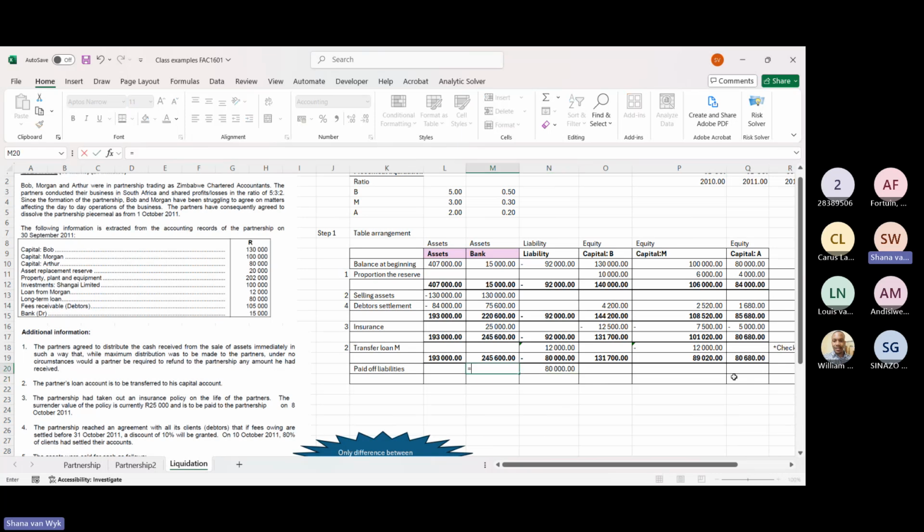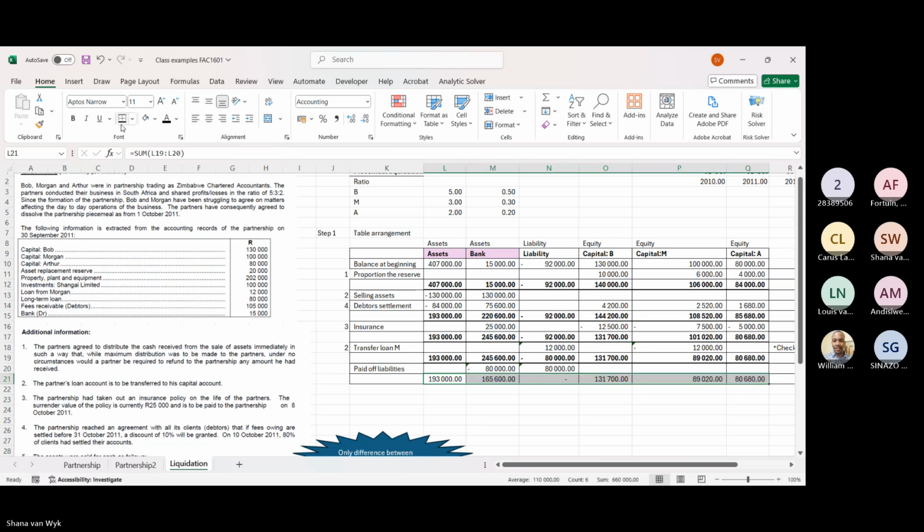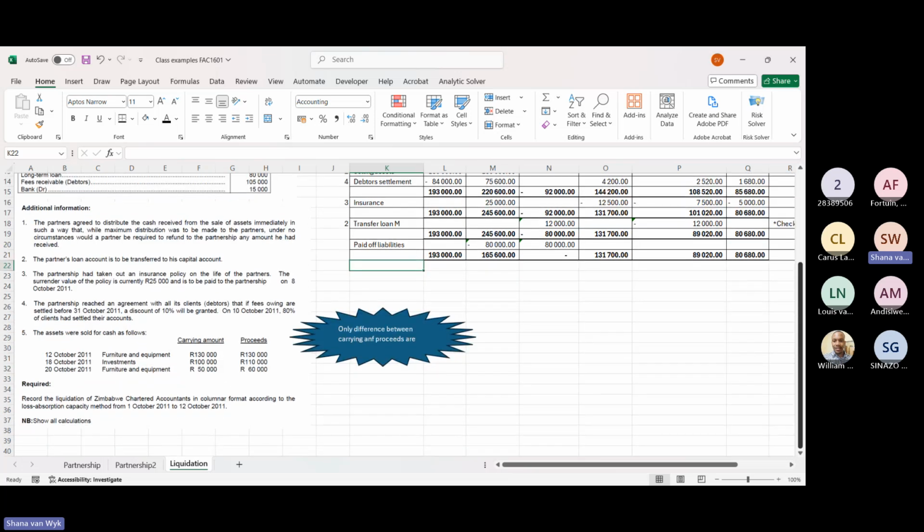And we are subtracting it from bank. Then we know liabilities done. And I guess now we can